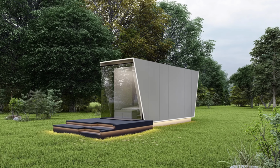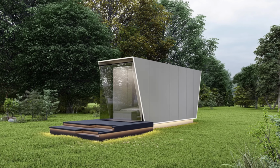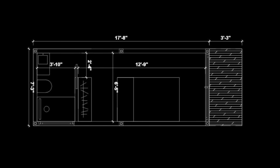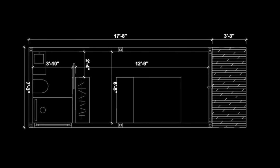This design is ideal for a resort where there's some kind of central dining and they're using the Pocket for lodging and then eating somewhere else. The way they have it set up, the entrance is on the front where they've got a full wall of windows. Entering into the interior, the bed is on the left,